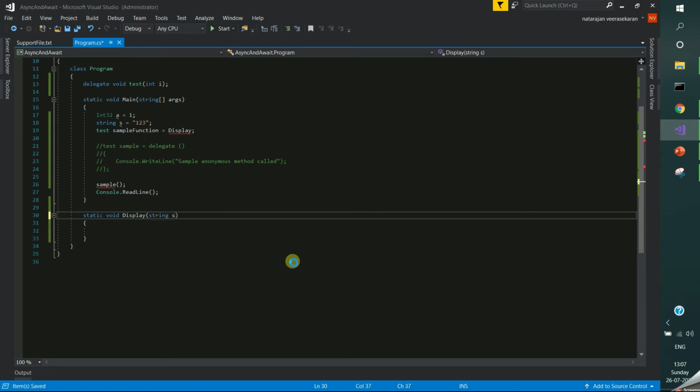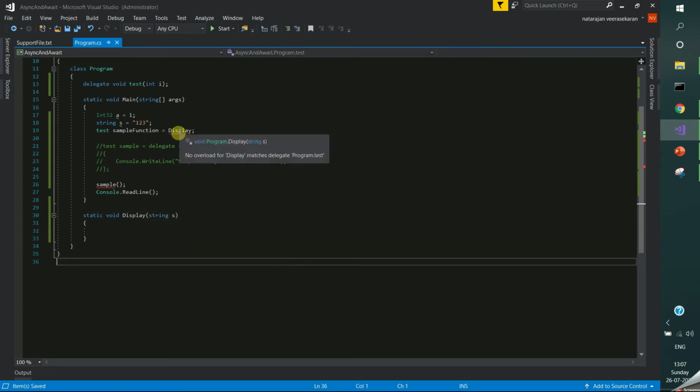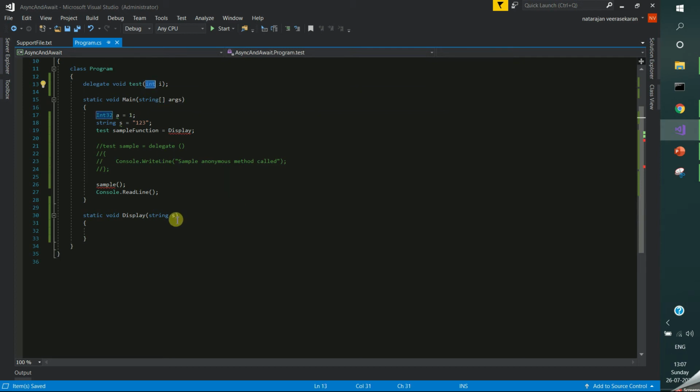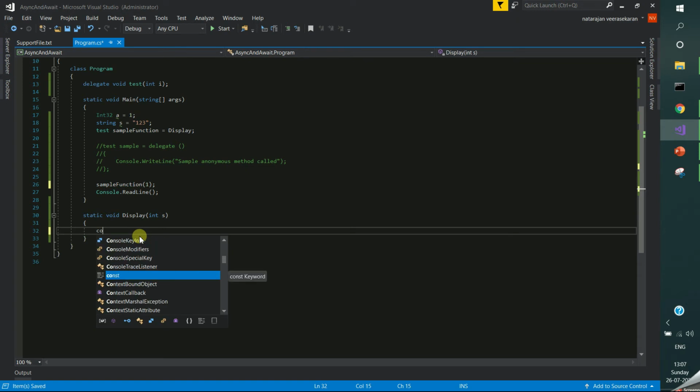Okay, let me declare one parameter, string s. Still it's throwing an error because it has the int data type, right? So let me change to int. Okay, now we are not getting the error, so we can call this. Using this variable you have to pass one value.